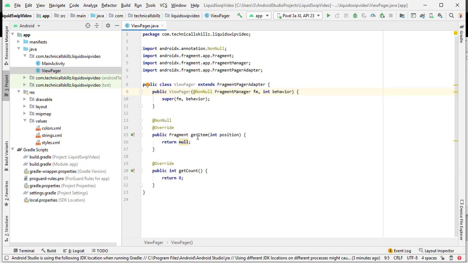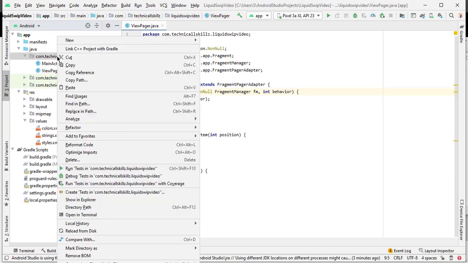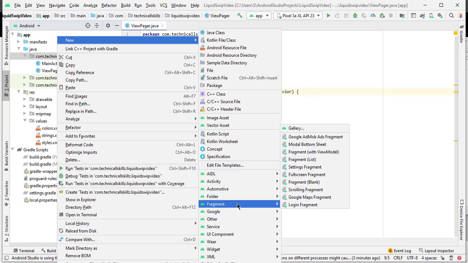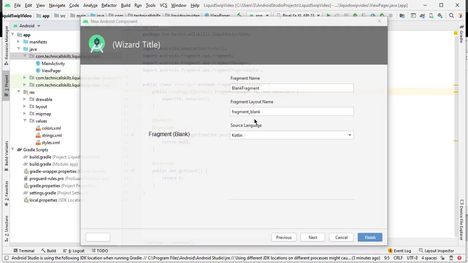Okay, now we need 3 fragments. So here right click new and select the fragment, select the empty fragment, that is blank fragment.